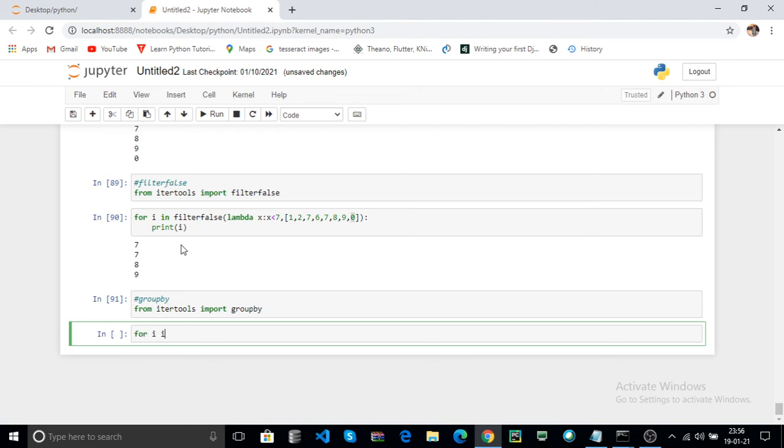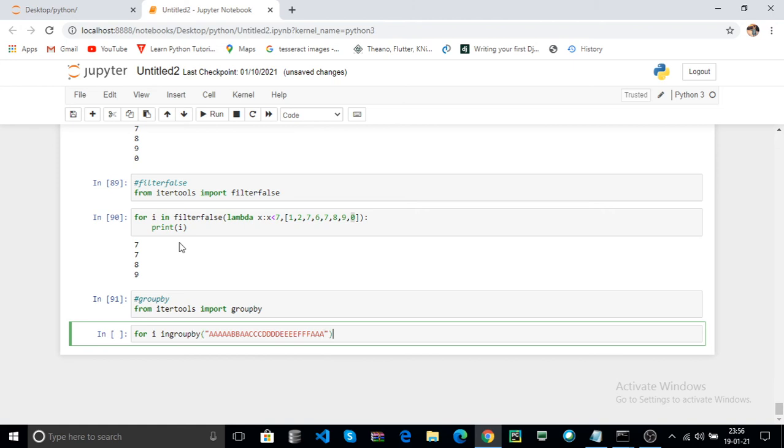For i in groupby, here you can pass a string. For example, I pass AAA, BB, AA, CC, DDD, E, FF, AA.